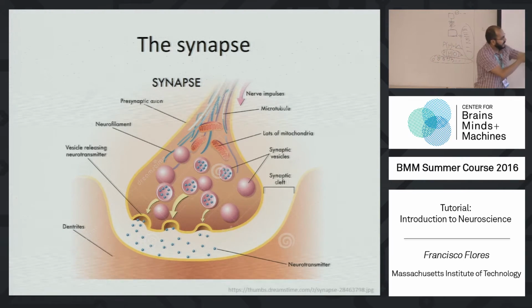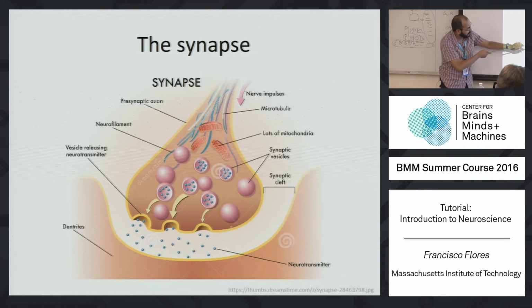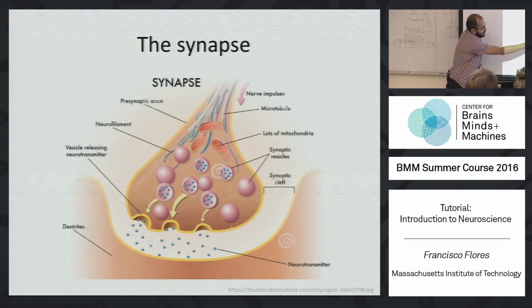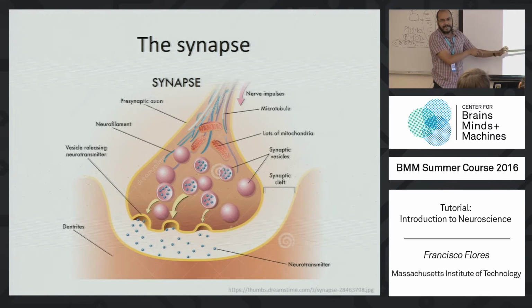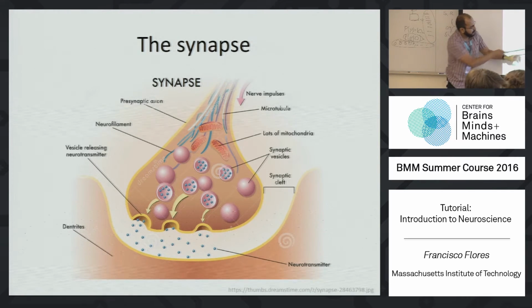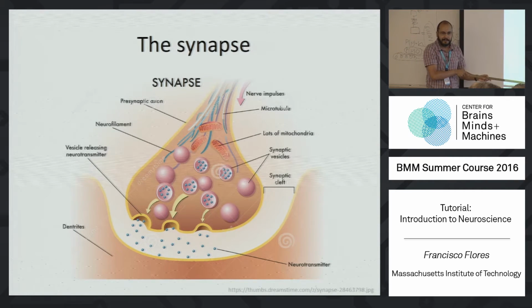When the depolarization reaches the terminal, these vesicles are going to move towards the end of the presynaptic neuron, and they are going to release the chemicals that they contain. And these chemicals are going to travel through this very tight space, which is called the synaptic cleft, and are going to make contact with the next neuron, which is the postsynaptic neuron.